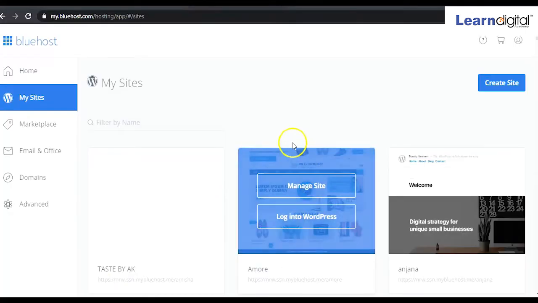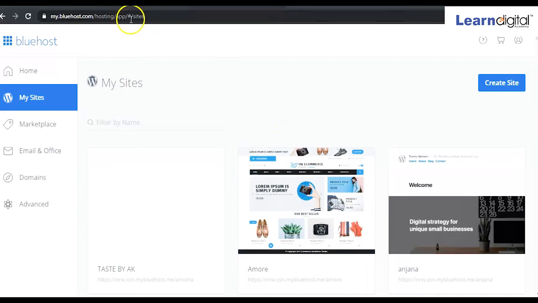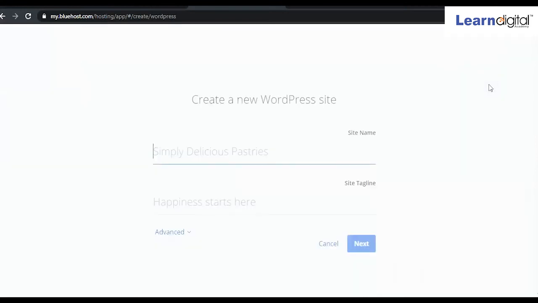Okay, so for our learners, normally we create a directory, or we can say a subdomain, and provide it to our learners so they can practice for their website. I will show you how we create a directory or subdomain. Here one option is coming, and this is directly for WordPress, so you don't need to install WordPress over here when we assign a directory or subdomain for you. I'm clicking on create new.